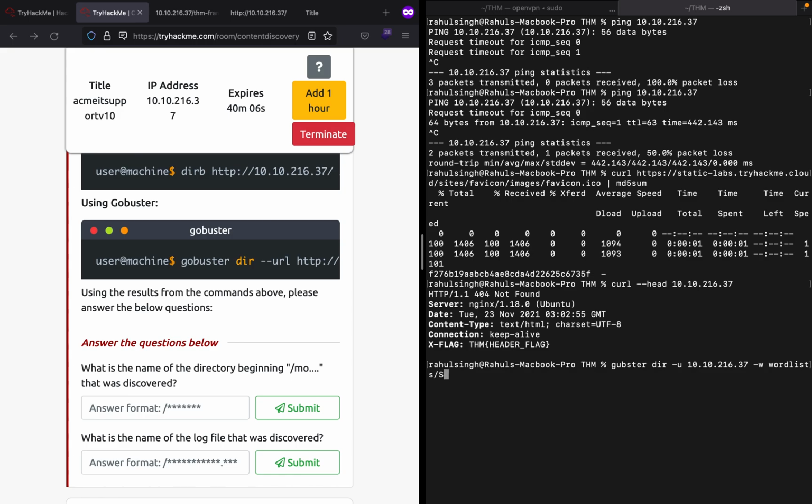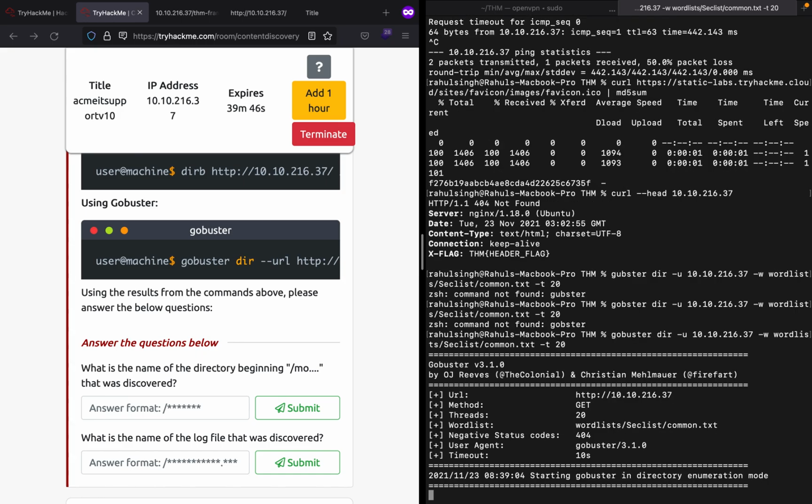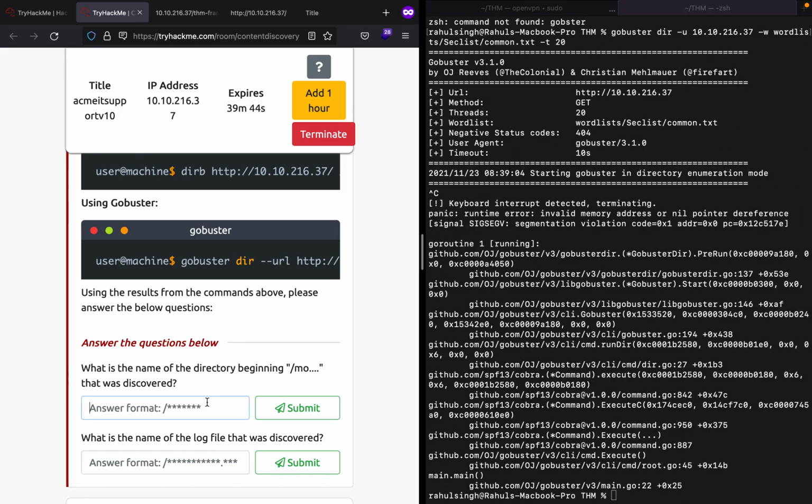So I'll be giving the wordlist, SecLists, and let's go with common.txt, -t for threads, number of threads, and it's just fine. You can just hit enter. Now Gobuster, I've already run it, so you'll just be finding monthly.